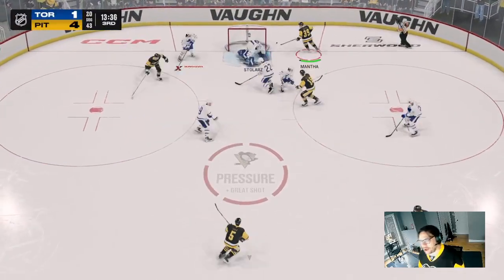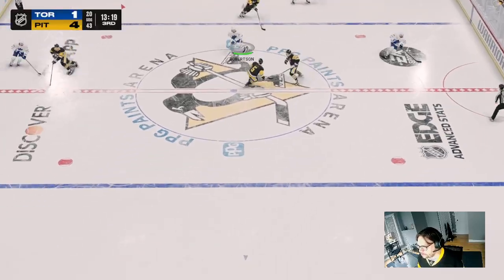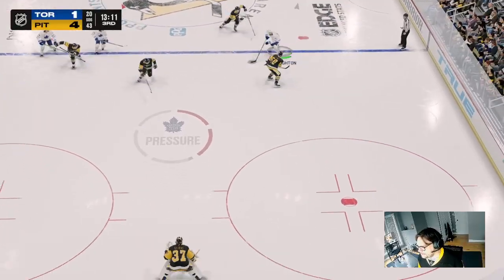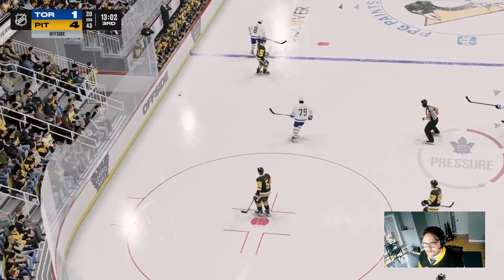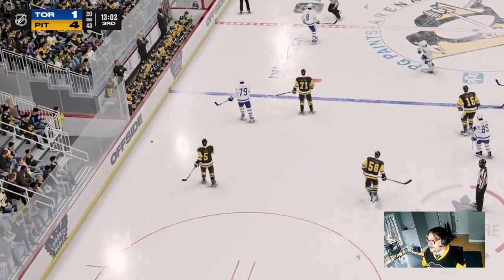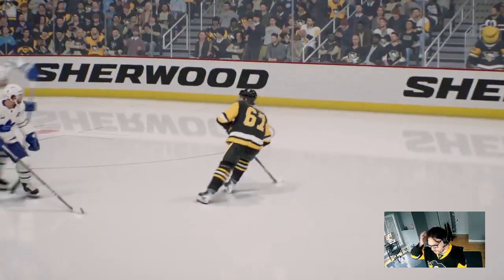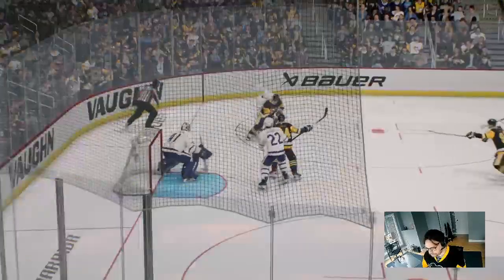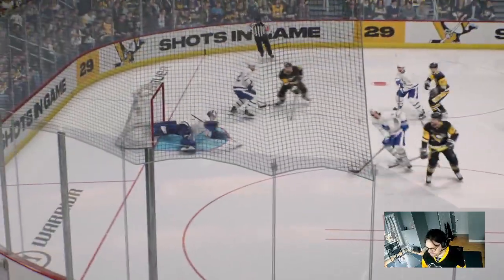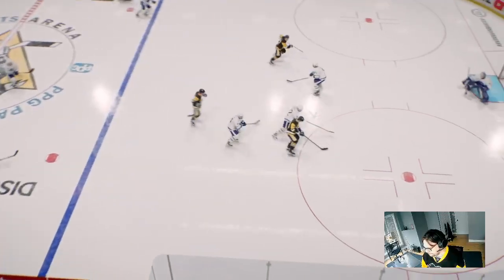Puck given away to Mantha. Oh, what a save by Stolarz! To Mantha down low, getting a pad on it, and then holding on. Yeah, what happened there? Leafs are offside. 13:02 to go here in the third, as we take a look at Rickard Rakell, who has a couple of goals this evening and an absolute beauty to put the Penguins up 4-1.